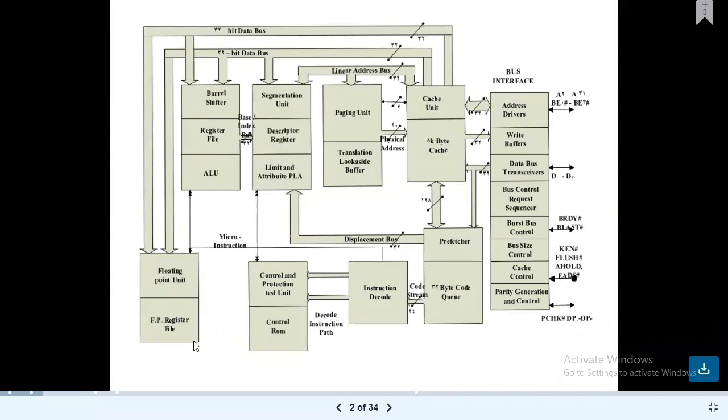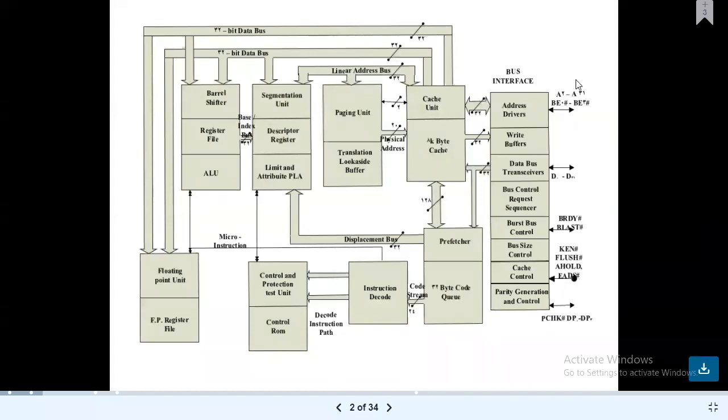of mathematical functions. So the floating point unit is also there, the barrel shifter is there, register file, arithmetic and logical units. So here there is a data bus transfer, bit data bus, and segmentation unit, descriptor register, and limit and attributes of program PLA, that is the algebraic controller, and linear address bus, paging unit, translation look-aside buffer, cache unit, prefetcher, byte code queues, instruction decode, control and protection test units,